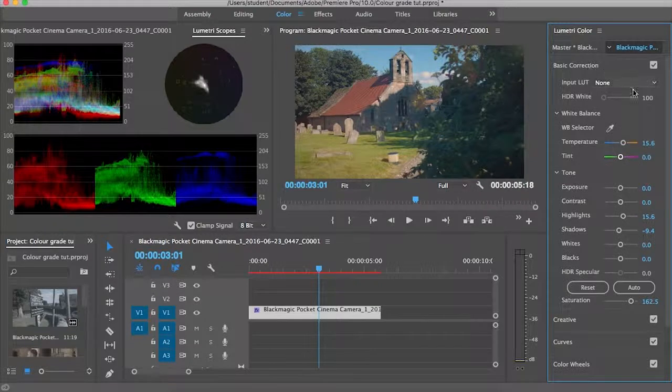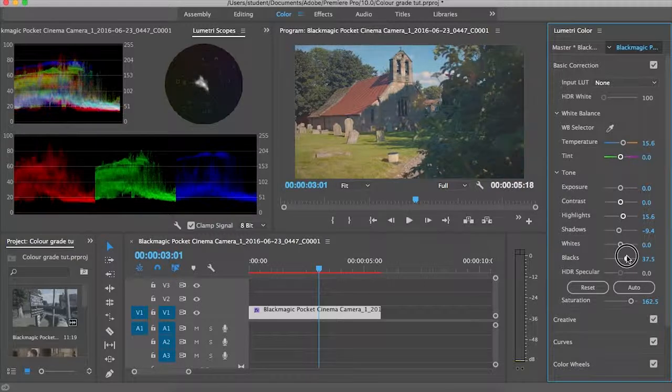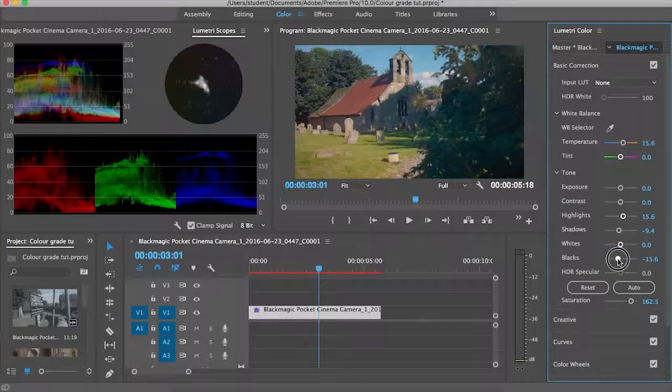Okay, I like that. So I'm going to go back over to basic correction, and I'm just going to start fiddling around with these sections here in the tones. So, okay, I could lift my blacks, and as you can see there, what that's doing is taking out some of the shadow. This is quite a popular style at the moment. This is the Instagram look already, but I'm not a fan of the Instagram look,